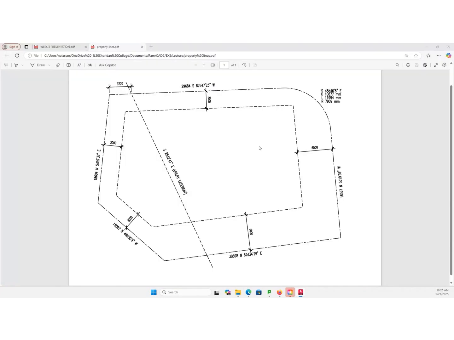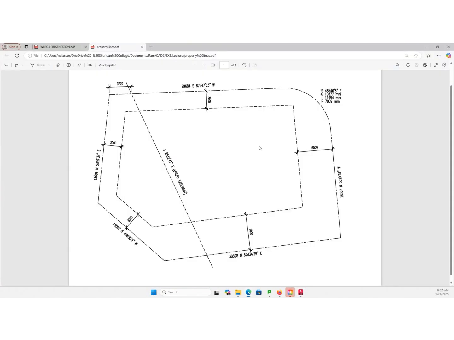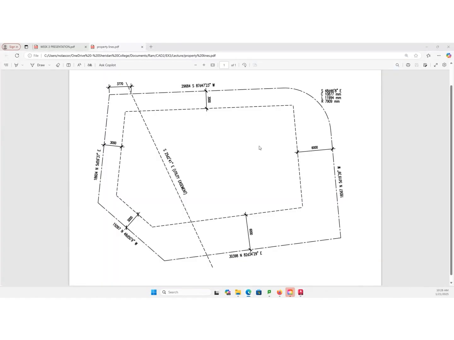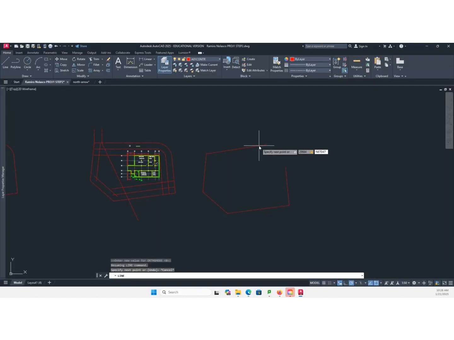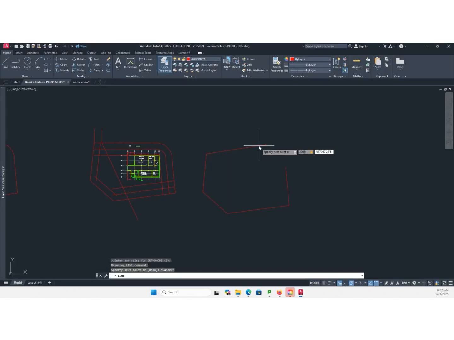So that's 29684 less than symbol north 87D 47 minutes 23 seconds east. Enter.